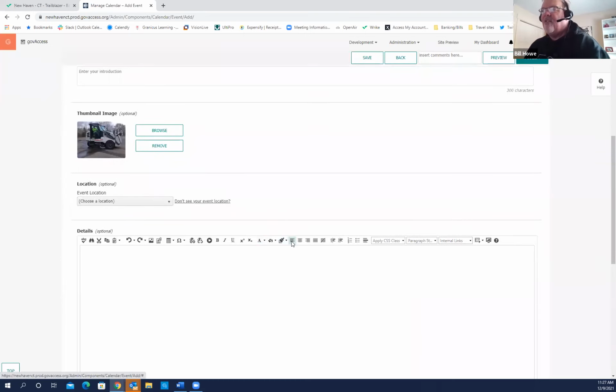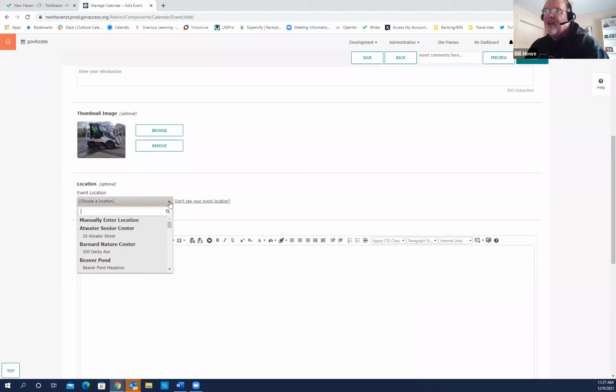Next thing we want to talk about is where is it being held? Again, it's optional, but if you want to let people know, if it's a council meeting, is it at City Hall? I'm going to drop this down. Everything listed here is pulled from the facilities directory. So if I scroll down, generally you'll see a lot of, there's a pavilion, there's a senior center, mostly parks,